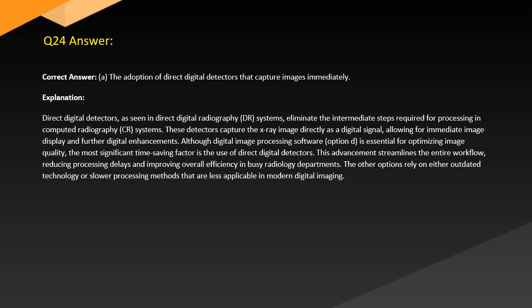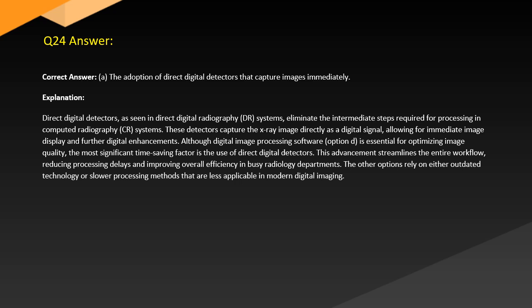Answer. Correct answer A. The adoption of direct digital detectors that capture images immediately. Explanation. Direct digital detectors, as seen in direct digital radiography (DR) systems, eliminate the intermediate steps required for processing in computed radiography (CR) systems. These detectors capture the X-ray image directly as a digital signal, allowing for immediate image display